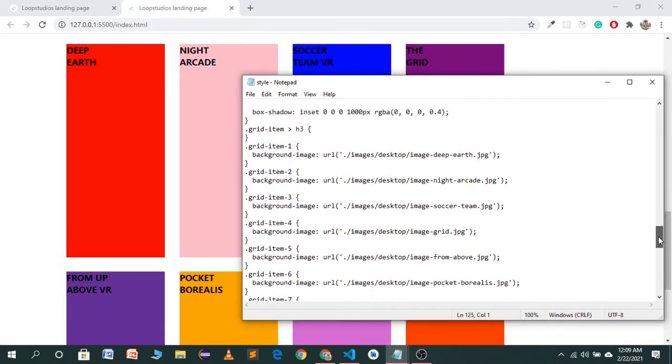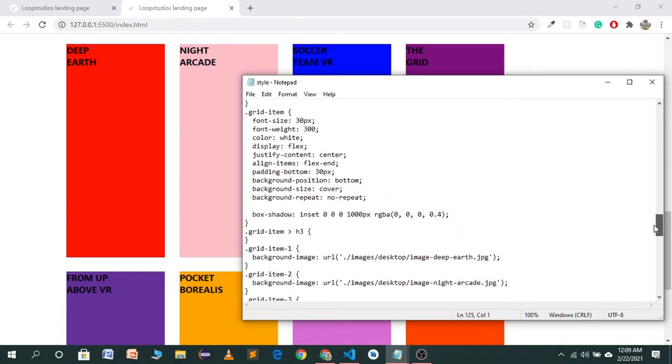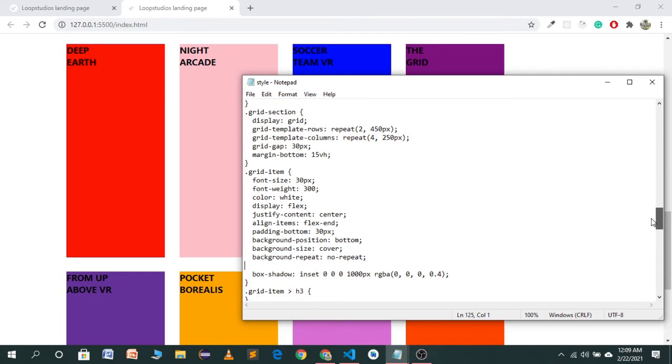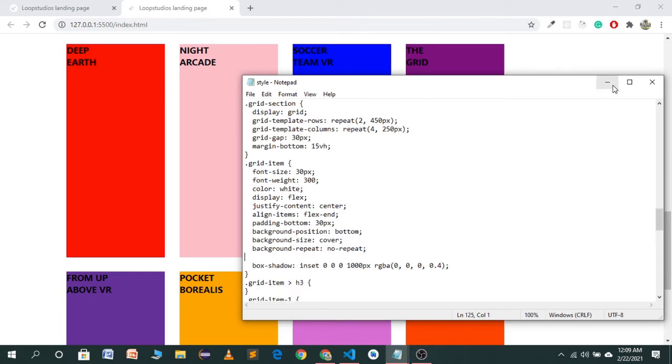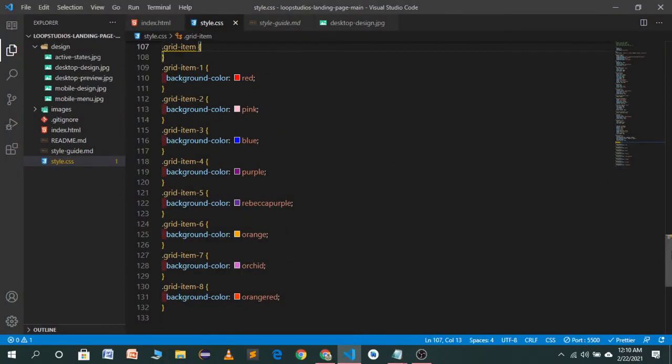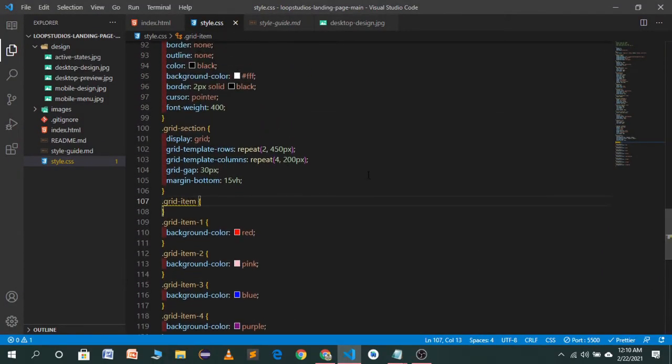And here you will see we have a code, and I will upload all of this code into my GitHub repository, and you can download this code from there because it will be helpful for all of you to follow this tutorial and do these projects with me. So let's move to our Visual Studio Code. The Visual Studio Code will be here. I will go to my CSS file.